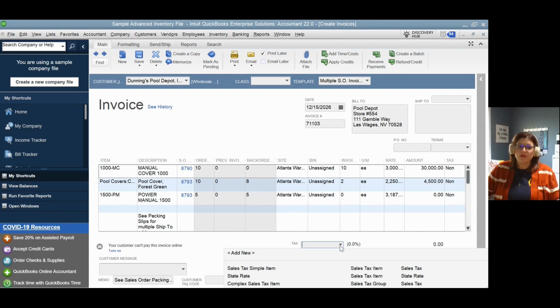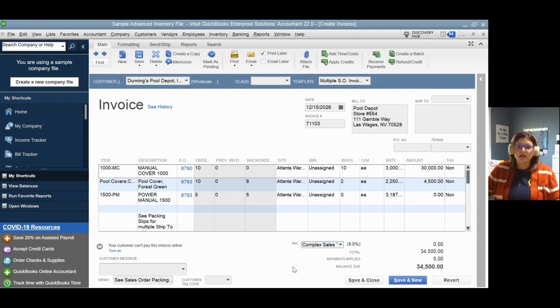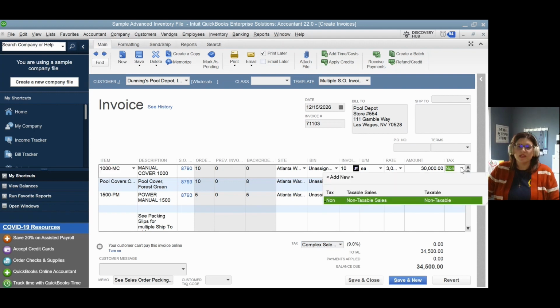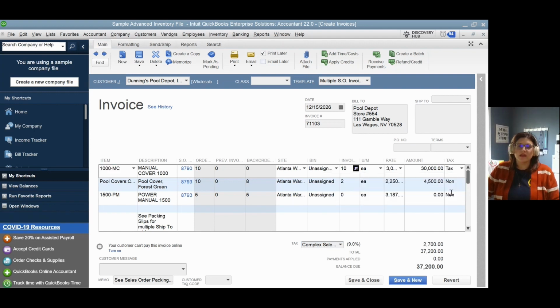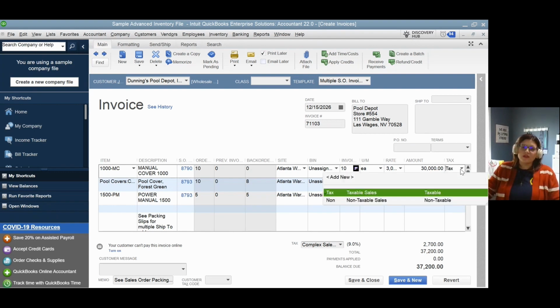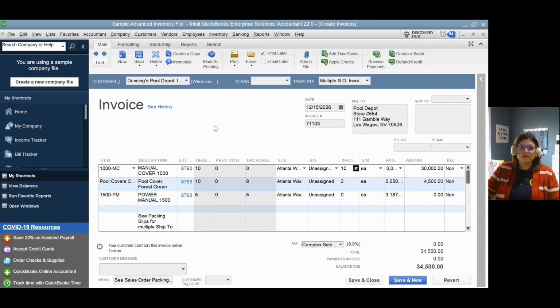And then right down here, you're going to want to pick your item. But since this was not taxable, it's not going to tell us when. So here it goes, complex sales 9%. You can see it's not calculating anything. Why? Because this said it's not taxable. But if I change this, look at what that did. It just calculated sales tax. So sales tax is extremely flexible in QuickBooks Desktop with Enterprise. You can configure it at every level. That being said, you know,